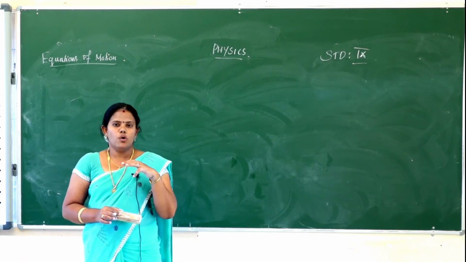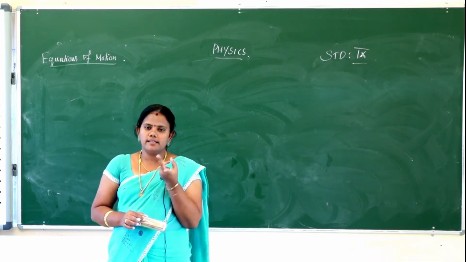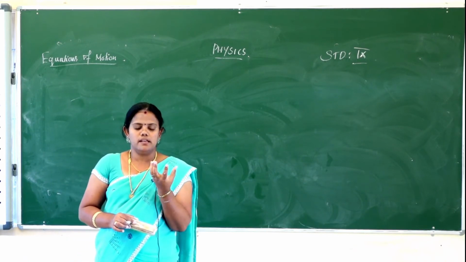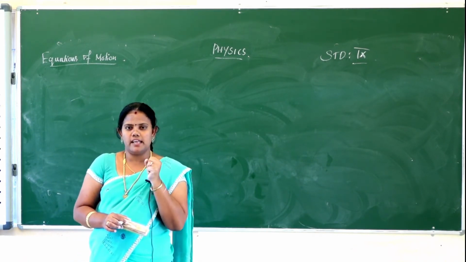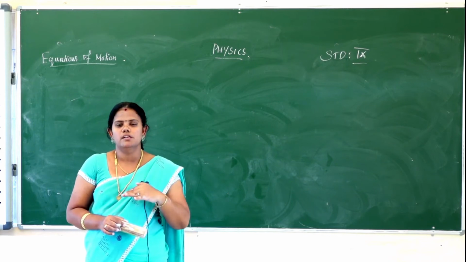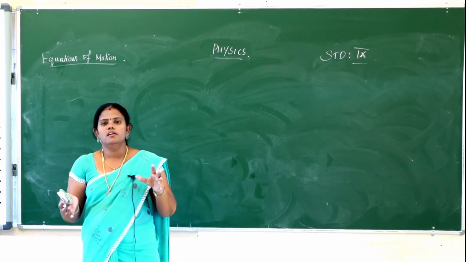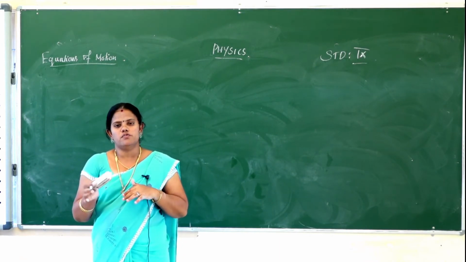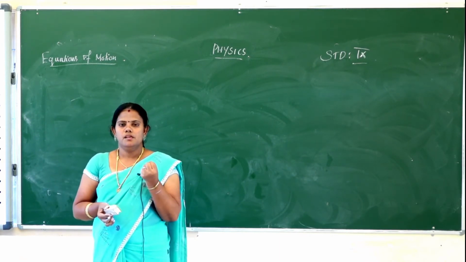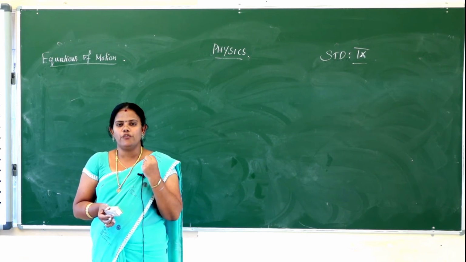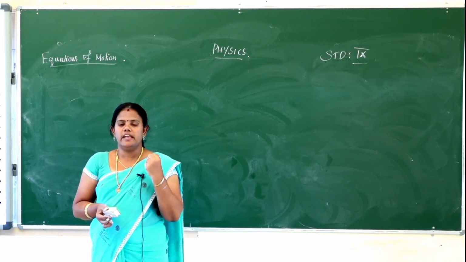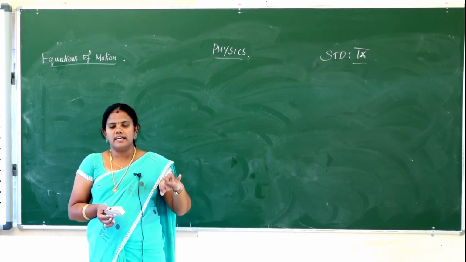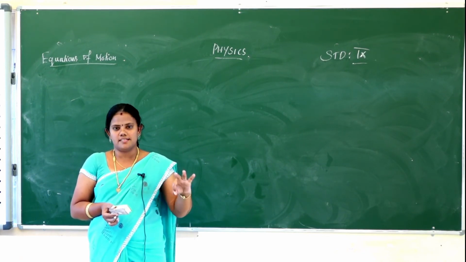Then the third activity, you take two sheets of paper. One sheet will be scrambled, that means crumpled. The other paper is used normally. The two papers will be dropped from height to down. Which one reaches first? That is the scrambled paper, because the air resistance offered is a little bit smaller than for the plain sheet of paper. So the three activities are done in the atmosphere with air resistance.